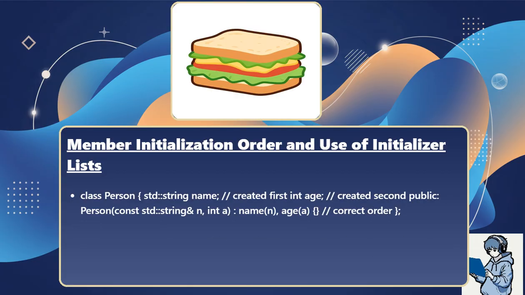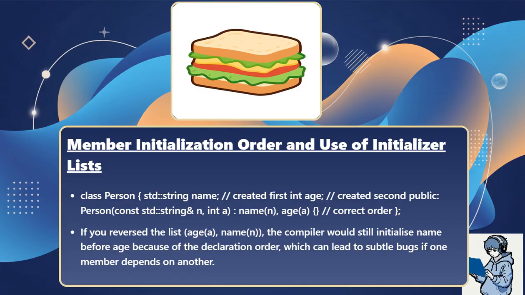class Person { std::string name; // created first int age; // created second public: Person(const std::string& n, int a) : name(n), age(a) {} // correct order };